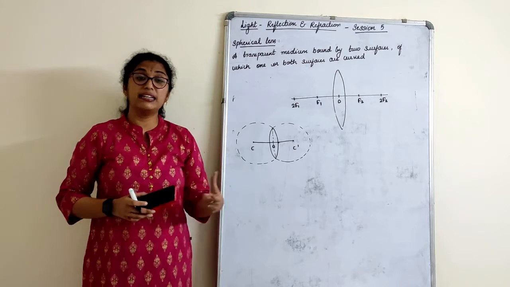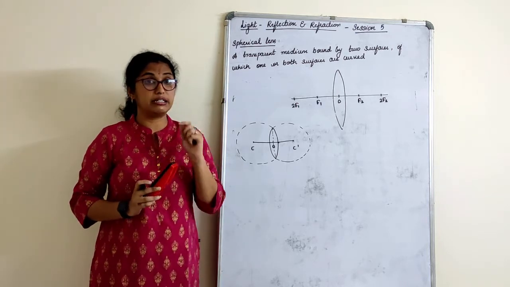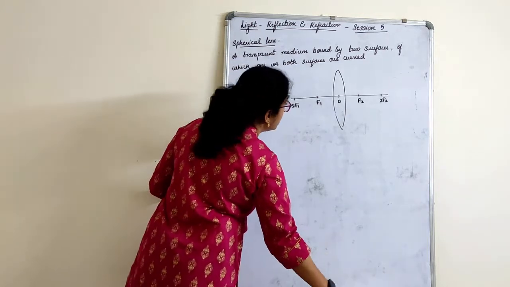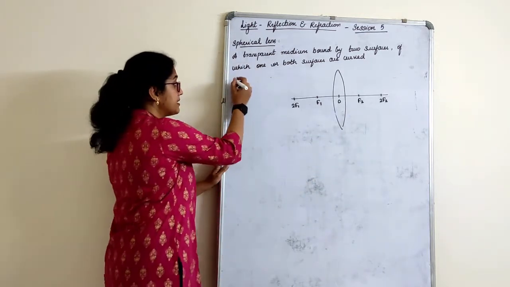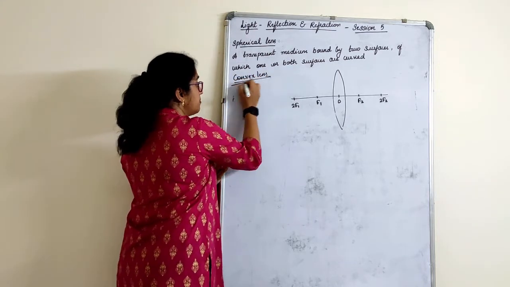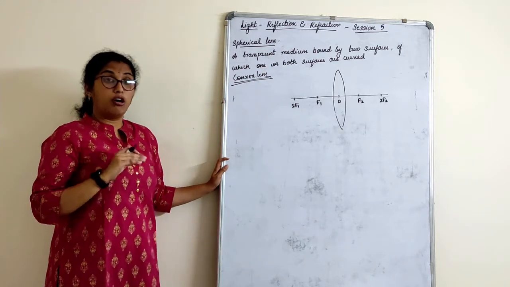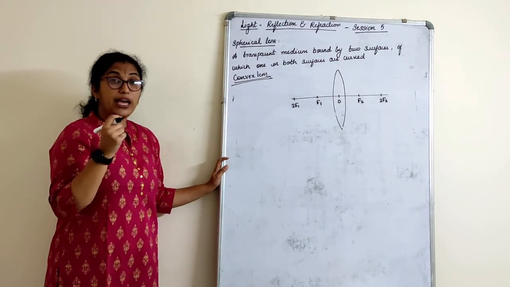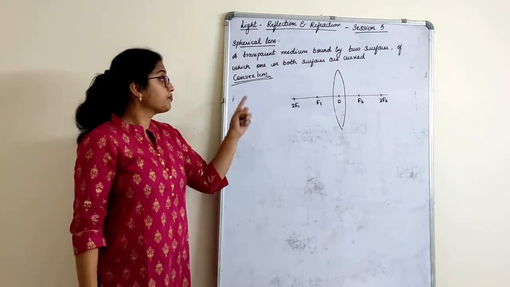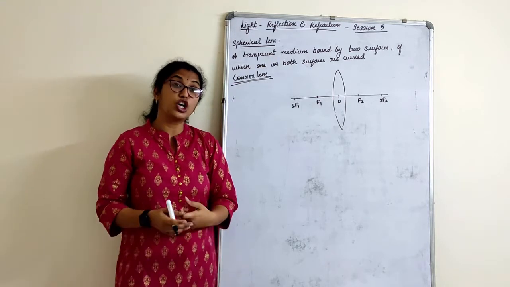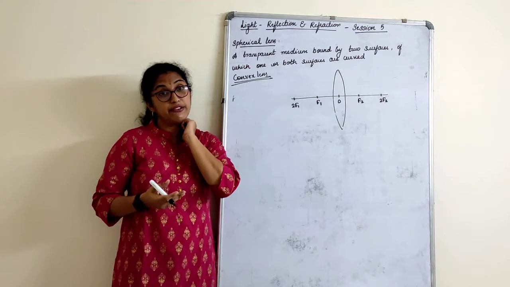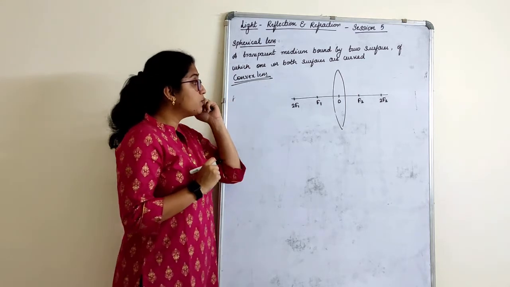Now let's understand the basic rules to draw the ray diagram here. What are the rules to draw the ray diagram for a convex lens? See children, just remember there we had drawn all the ray diagrams for the concave mirror. We had only one or two for the convex mirror, right? It's the opposite here. We have all the ray diagrams here for convex, because it is converging and concave is diverging. So we just have one or two. Now what are the rules?